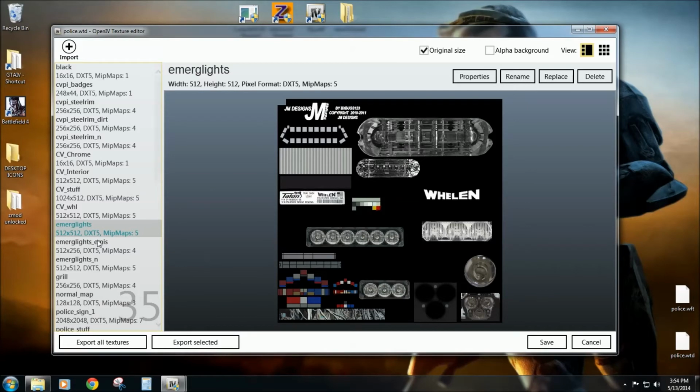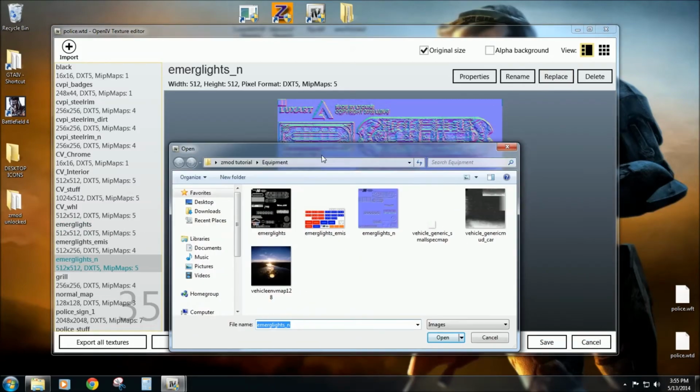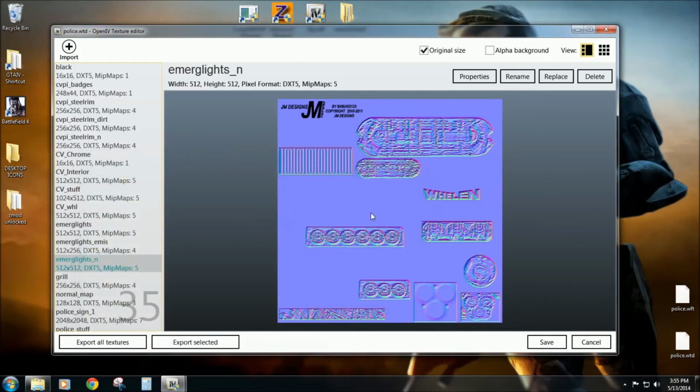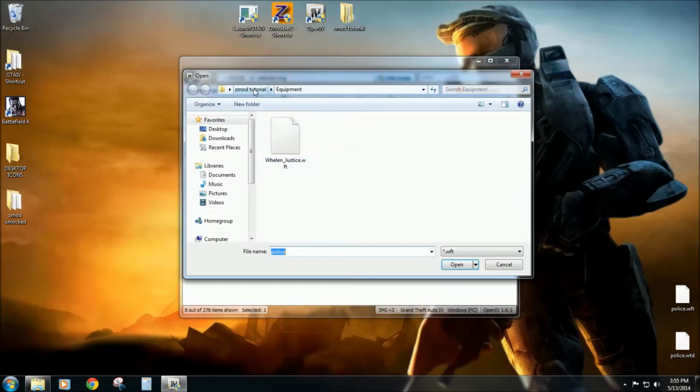You're going to make that emergency lights N. It looks like it's not the same. So we're going to click on this one as well. And then we're going to click Save on that. And now we're going to go up to Police, and we're going to click on Replace Current File. So we're going to click on that, go back a folder, Car Files,